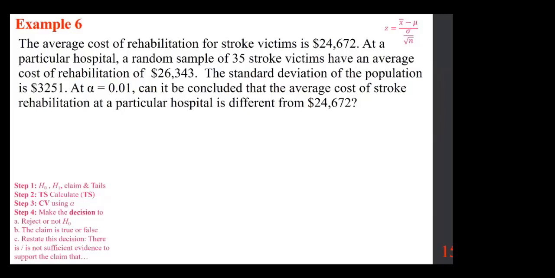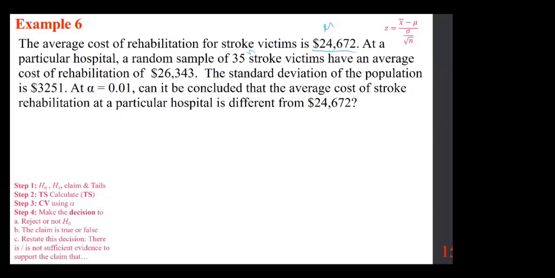The average cost of a rehabilitation for stroke victims is $24,672. At a particular hospital, a random sample of 35 stroke victims have an average cost of rehabilitation of $26,343. The standard deviation of the population is 3,251. At alpha equals 0.01, can it be concluded that the average cost of stroke rehabilitation at a particular hospital is different from 24,672? So this is me, a random sample of 35, that's n, have an average cost of rehabilitation of this much,